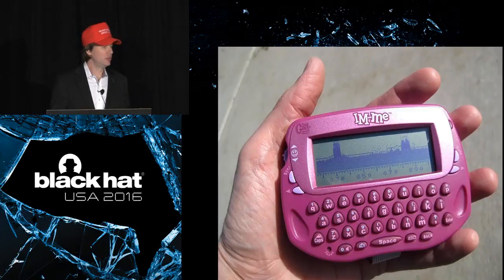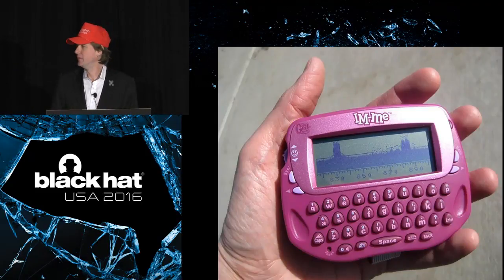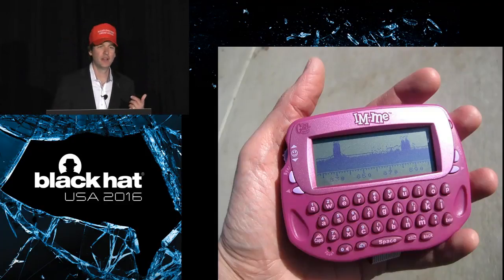Not only can it be used like it was originally intended to investigate the security of embedded electronics, but it can actually be used for all kinds of other things, like repurposing electronics, repurposing toys. I got this toy for $16 on eBay at the time. Of course, these days you have to pay upwards of $300 to get one on eBay? Thanks, Sammy. But